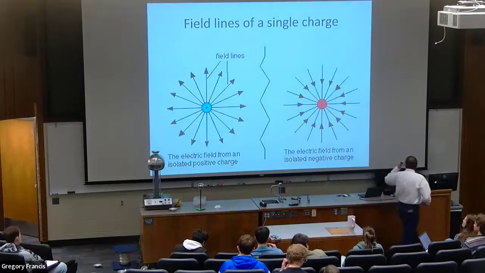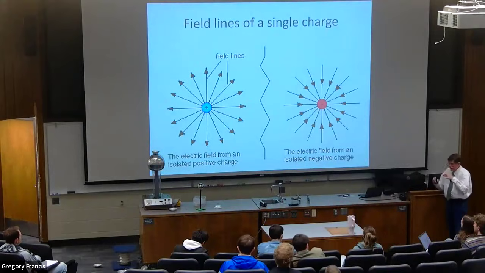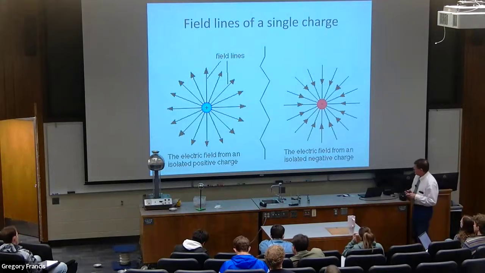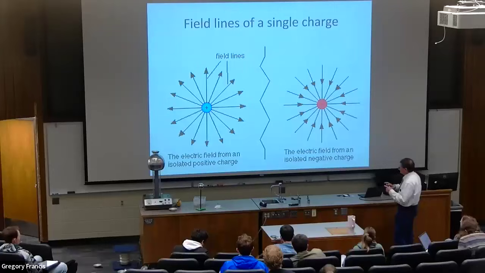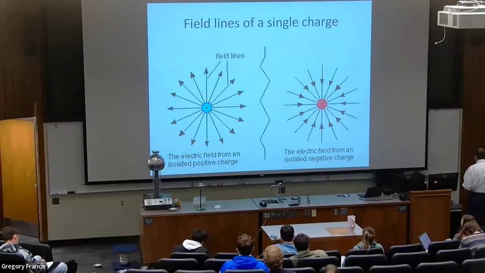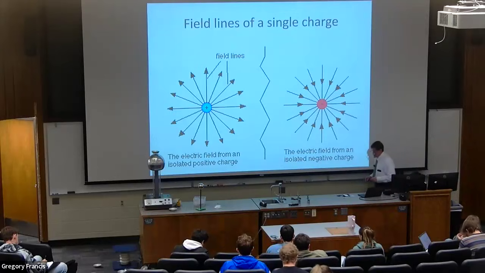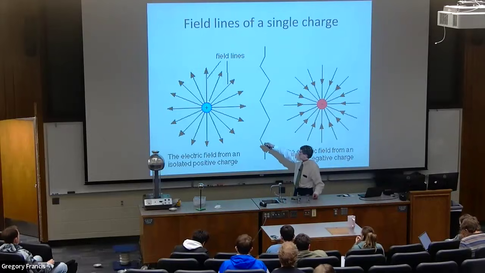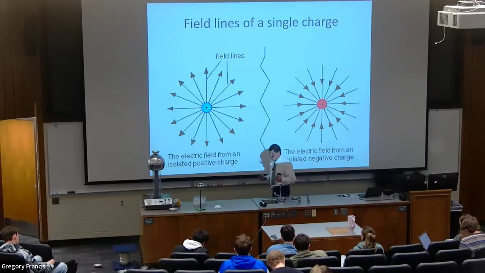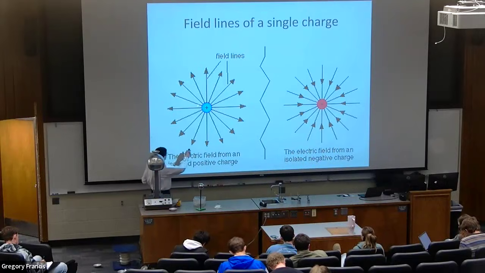So if my source that's creating the field is symmetric, then my field lines should be radial, away or towards, depending on whether the charge is positive or negative. But more importantly, and this is critical, they have to be evenly spaced, okay? If I go out in, say, 2 centimeters in any direction, I expect the field to be the same strength. I expect it to be the same strength here at 2 centimeters as it is over here at 2